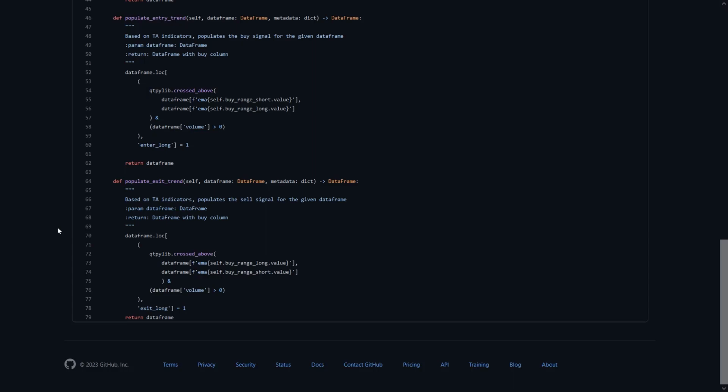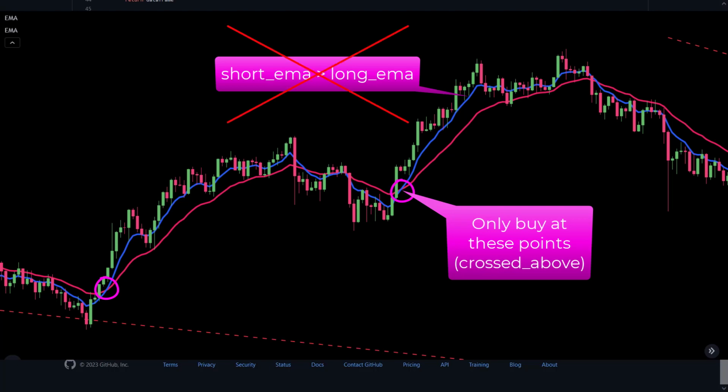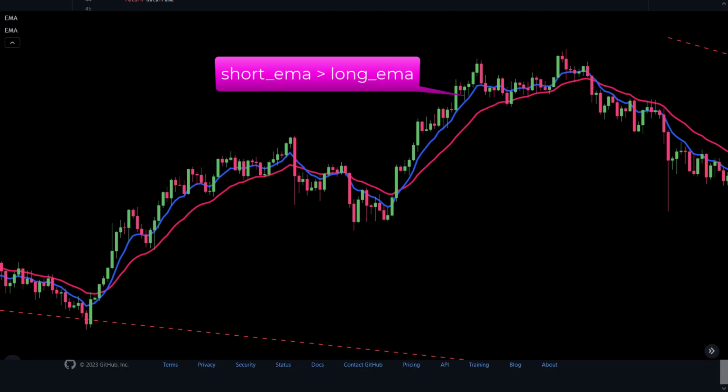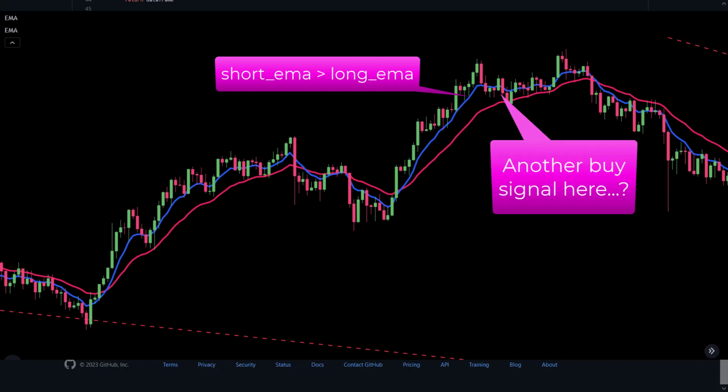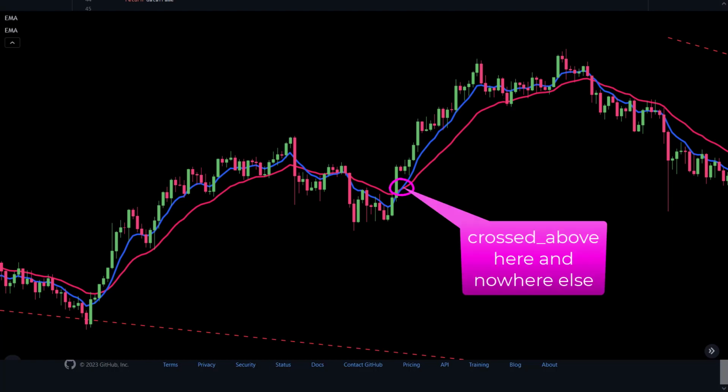This means that the pair is only bought at the crossover and not as long as the short EMA is above the long EMA. And this difference should be taken into consideration. If the strategy had a buy signal as long as the short EMA is above the long EMA, then it could happen that the bot sells because of the ROI reached. But when this has occurred and the short EMA is still above the long EMA, then the bot could potentially have another buy signal. But with the crossed above setting, it only buys a position at that specific occurrence,